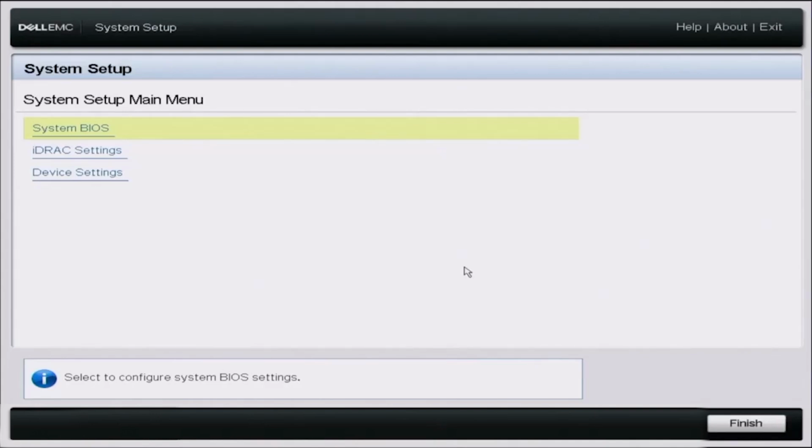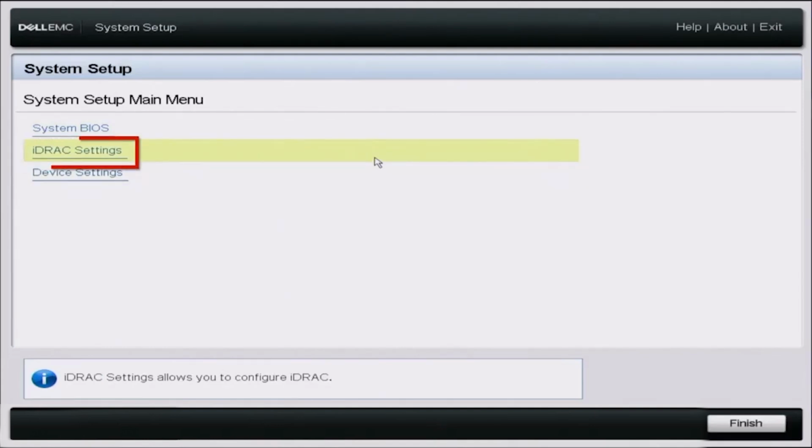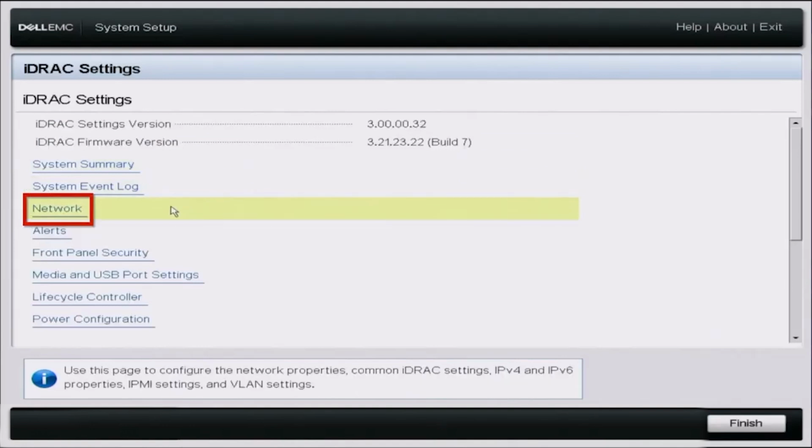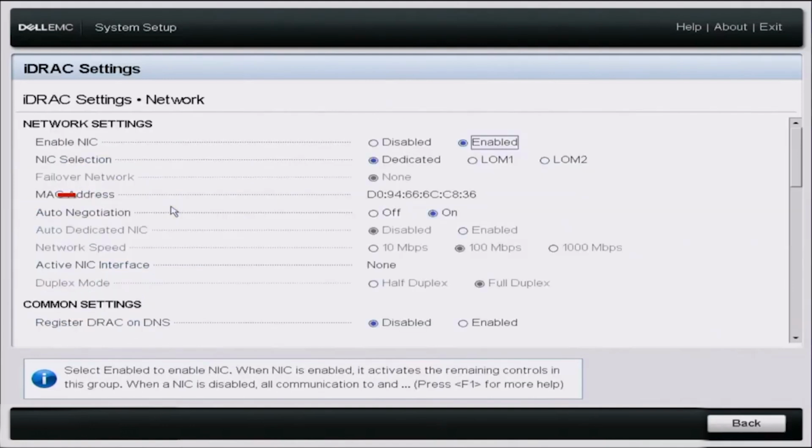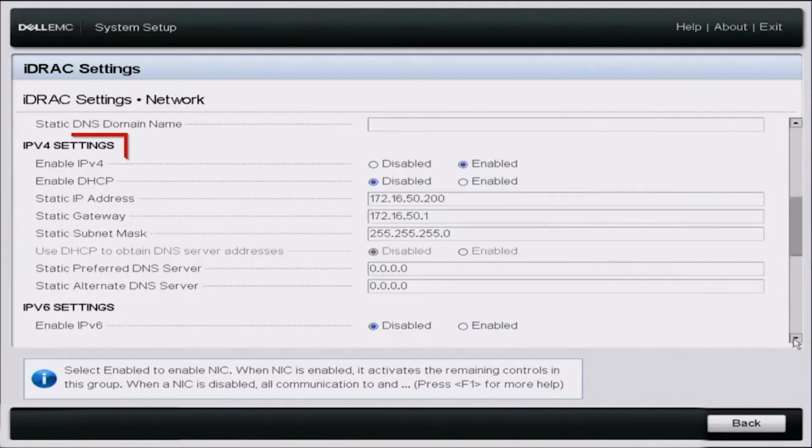But before we can get into the iDRAC web interface, we need to go ahead and configure the server's network information, or the iDRAC network settings, if you haven't already. So like I said, we want to go to system setup. So we're going to go into iDRAC settings. And then once in iDRAC settings, we want to go down to network. Once in network, we want to go ahead and scroll down to where it says IPv4 settings, and then we're